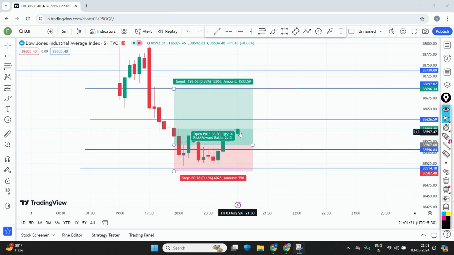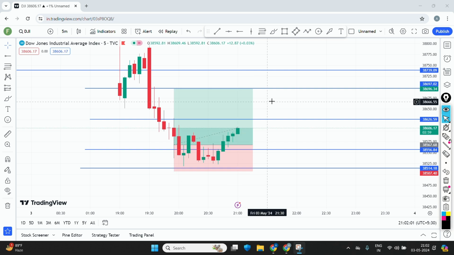It is going upside and it's almost hitting our target. It has already done 30%, 40% from our entry level, and it was right here where I told you that the market is going upside. Now it's showing some bearishness here. It's showing that it can come downside, but it won't do that. You just need to follow your system. The system wins and the human fails. So just stay in the trade.